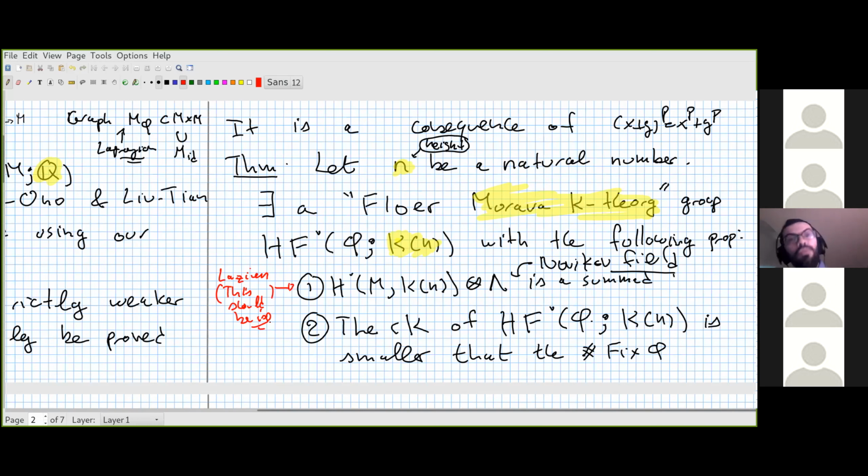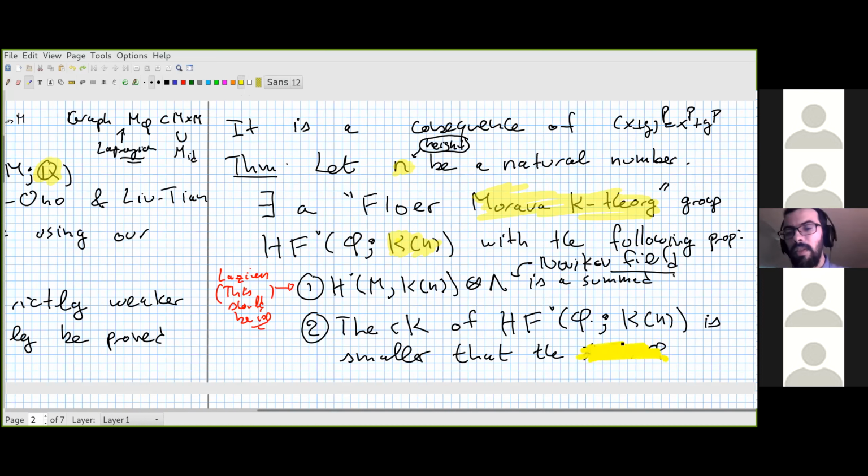You can do the same thing with this Morava K theory world, whatever it is, and things will not be deformed, except we didn't prove that. Instead, we proved that the usual thing sits as a summand of the old thing. So this is the first property. And the second property is that you can compute a rank, and for technical reasons you have to compute the rank over some kind of Novikov field. It's not too surprising. But this rank is smaller than the number of fixed points. Once you have these two facts, then you can derive the application